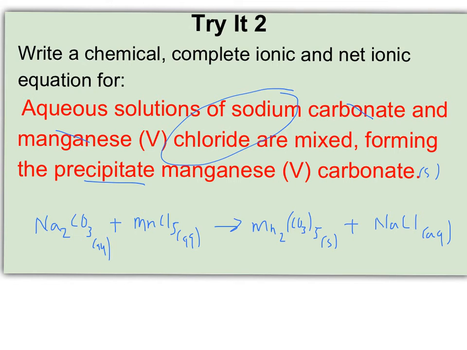And so now for balancing this, I've got 2 Na on this side. I've got 2 Mn on this side. So if I start with my metals, I'm going to go ahead and put a 2 here for the Mn. You maybe need a rap sheet for this, and that's fine. Go ahead and use it. And then if I put a 2 here for my Na, that helps my Na, but then when I get to my polyatomic ion, I've got some trouble because I have 5 carbonate on this side. So when I put a 5 here,